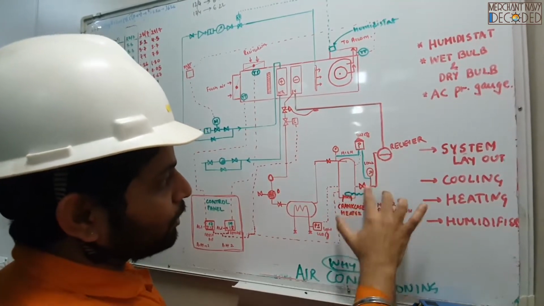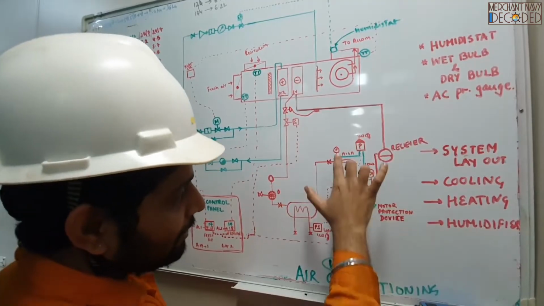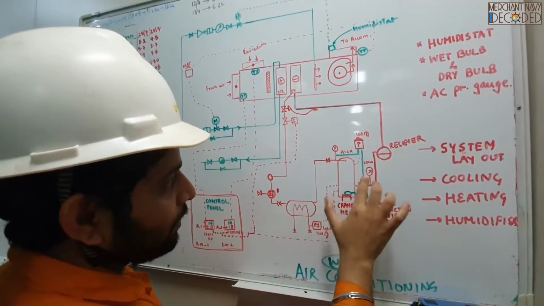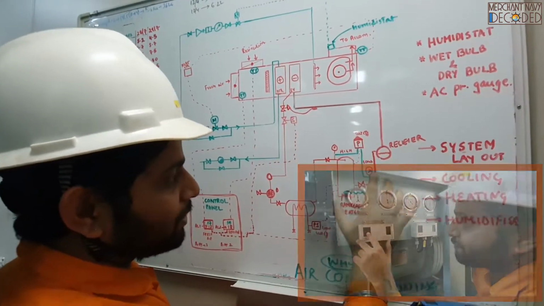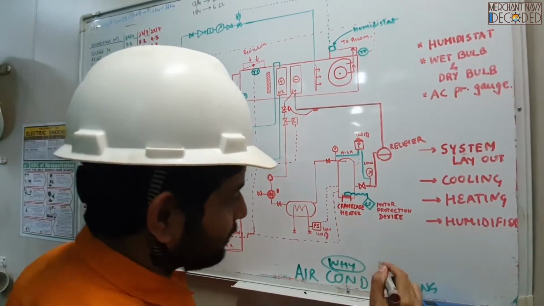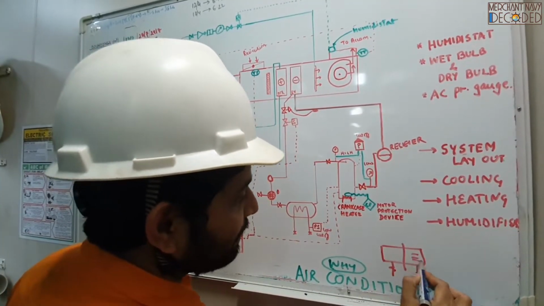When I talk about suction over here, this is a suction valve, this is a suction pressure gauge. I've got a discharge side pressure gauge as well. And both these connections go to a pressure switch over here. Now this is a pressure switch over here. It has got suction also and discharge also. And there are different settings given.